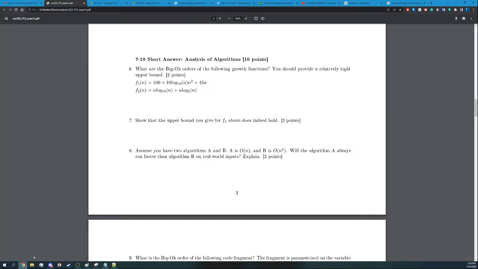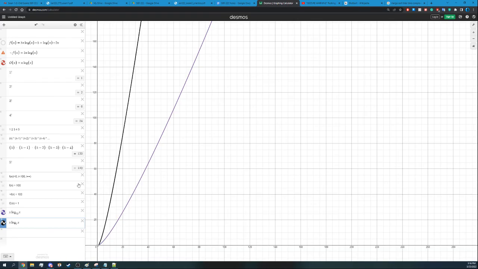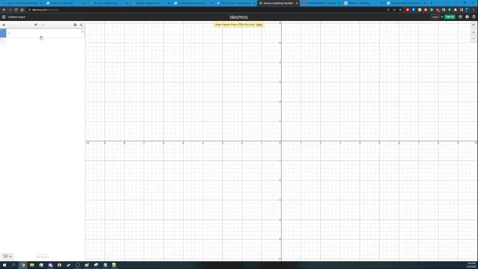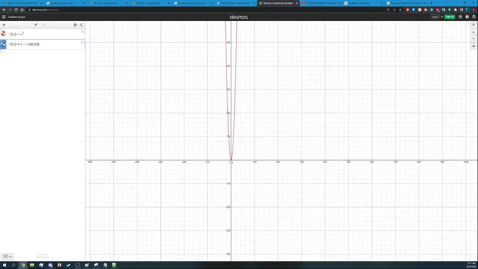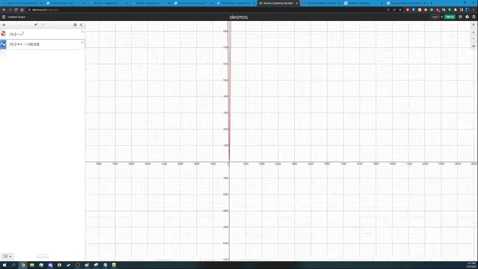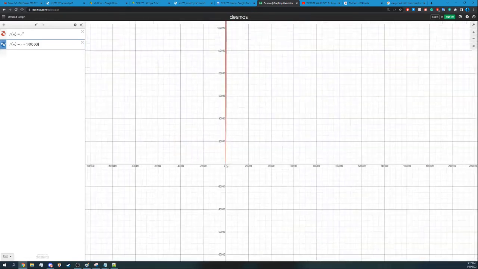And if we graph these, n squared versus f of n equals n plus 1 million, you'll see if we scroll out, and we keep scrolling out,